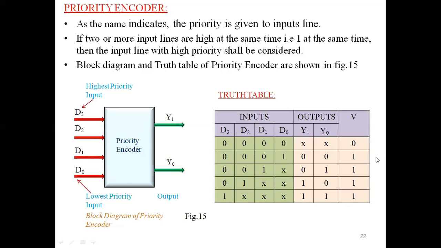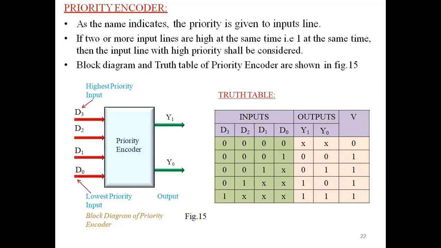Is it clear? So why did the valid bit indicator become 0 here? Here all the inputs are 0, so the valid bit indicator is also 0. If at least one input is 1, or more than one is 1, we have to place the valid bit indicator as 1. So here 1, here also 1 is there, so 1. That's why we place the valid bit indicator as 1. This way we have to construct the truth table for the 4-bit priority encoder.